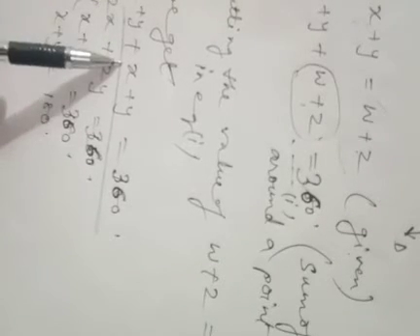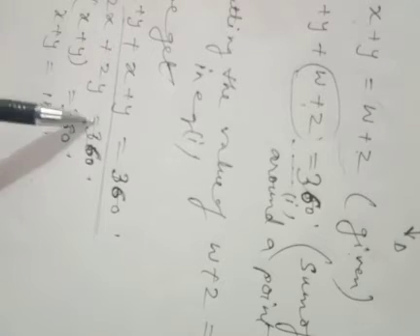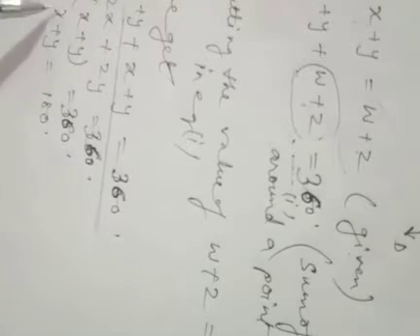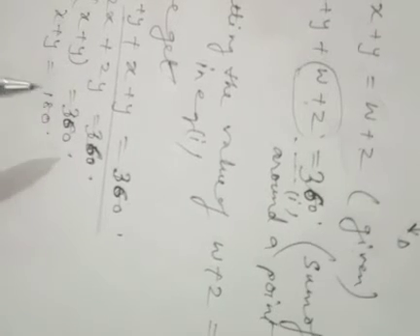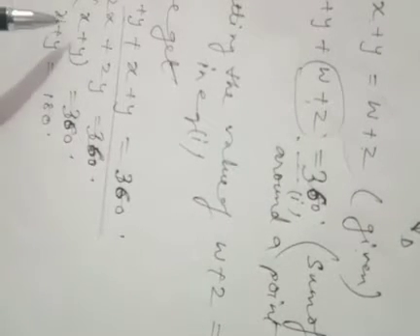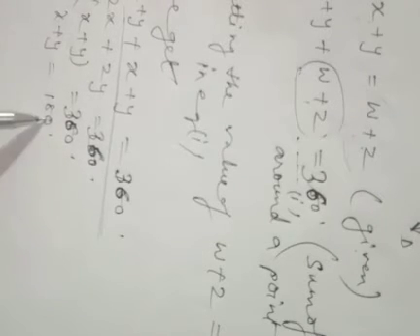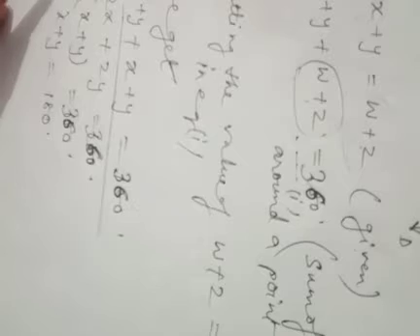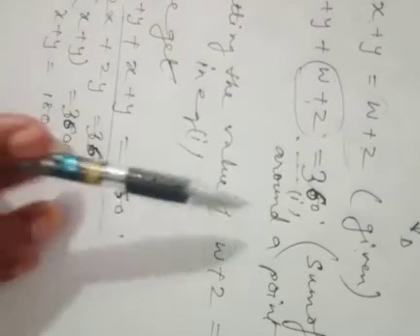x plus y plus x plus y is equal to 360 degree. So we get 2x plus 2y is equal to 360 degree. Then taking 2 as common, x plus y will remain in the bracket, is equal to 360 degree. Now x plus y is equal to, dividing 360 degree by 2, we get 180 degree. So hence it is proved. Your attempt is to prove that x plus y is equal to 180 degree. x and y are the linear pair of angles.